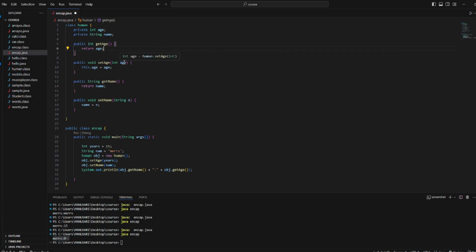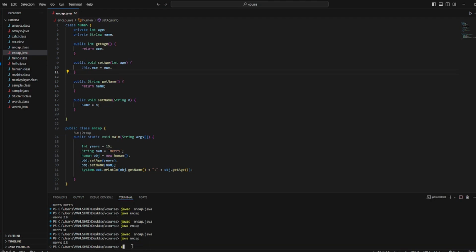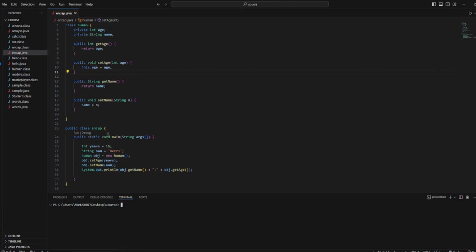So by referencing the current object, this automatically refers to the instance variable, and also it helps us understand the difference between the instance variable and the local variable, and that's why we use this keyword. Now let's see. Yes, Mears is 15. Now let's do the same thing here too.